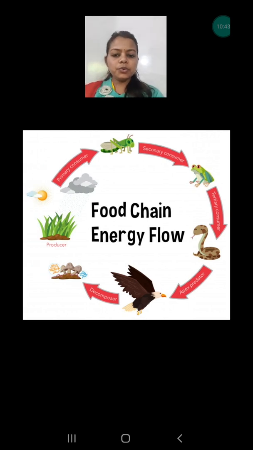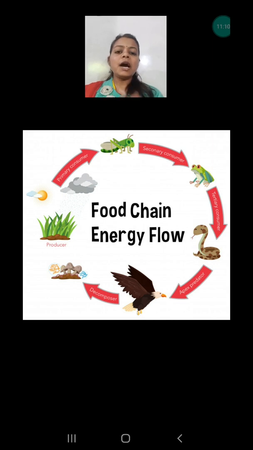Next we are going to do the revision of the food chain, which is also known as energy flow. Why? Because when we are eating food, the energy is flowing from one living being to another living being. From the food only we are getting energy. Food is the source of energy. So food can be different for each and every animal. It depends on the animal what the food will be for that animal.